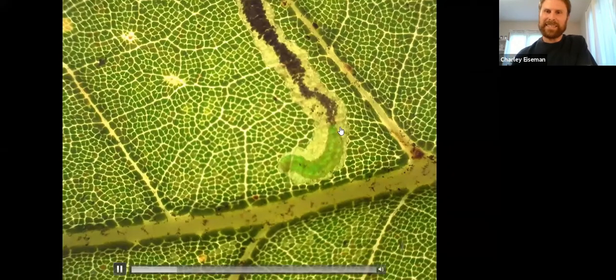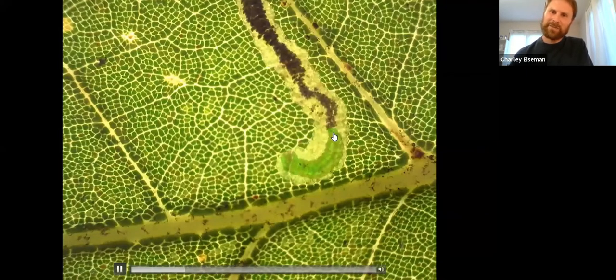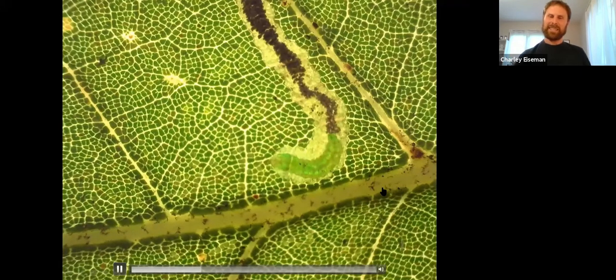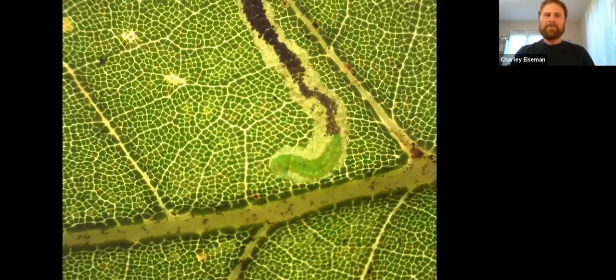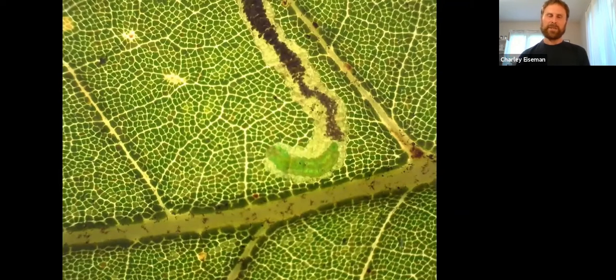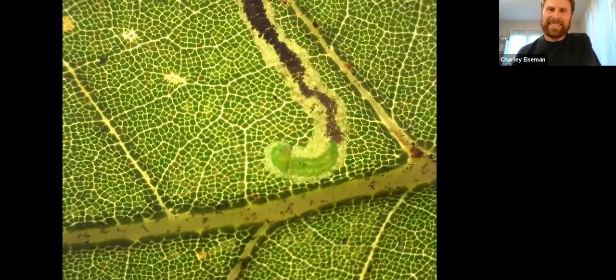And all the while that he's doing that, or she, the rear end is wiggling back and forth and very, very carefully placing little fecal pellets back and forth. So what to the naked eye would appear to be a continuous central line of frass is actually all these little carefully placed pellets. And I became fascinated with leaf miners when I realized just how diverse they are and how specific they are in their food choices and their habits, that you can often identify them to species just by knowing what the host plant is and by studying the characteristics of the mine. I could watch this guy munching away all day,